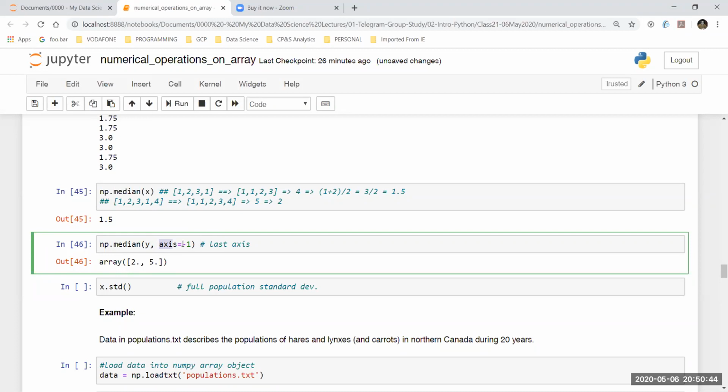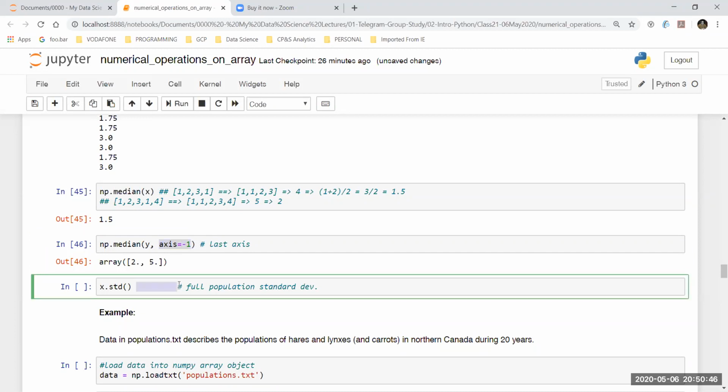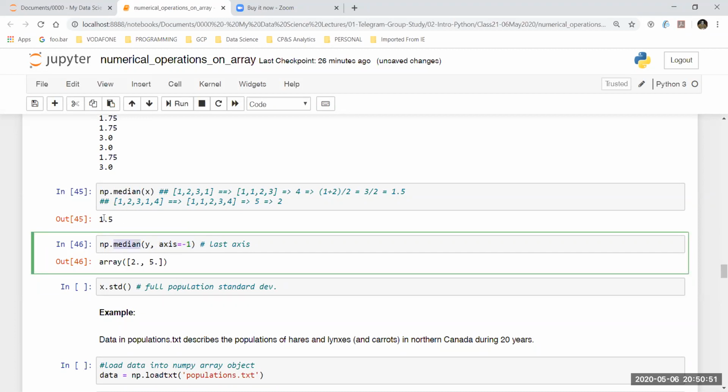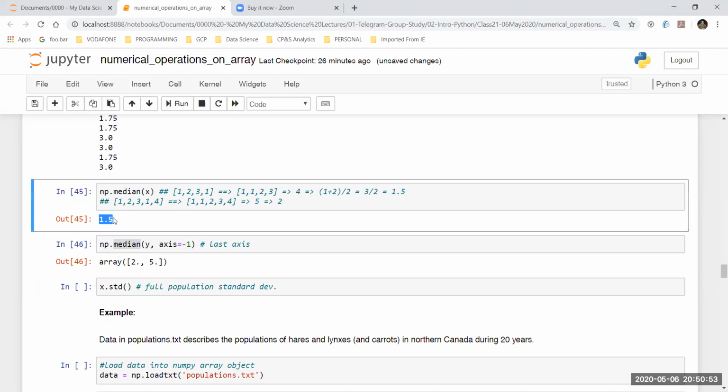I just wanted to present it over here so that you have some idea that this kind of calculation can be done. Usually you see a median should always result in a single value, right? Whether that is a floating point or an integer is going to depend on what operations I'm going to do. Because I had an even number of items over here, I had to divide 1 plus 2 by 2. So that is why it resulted in a float. In this case, it resulted in an int.